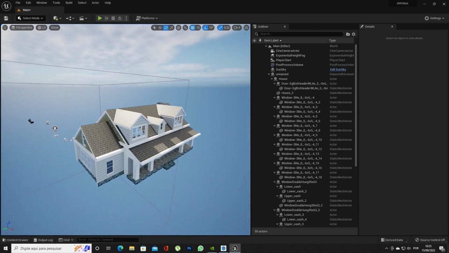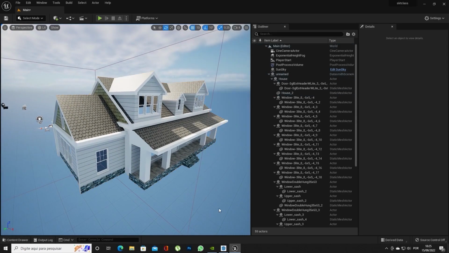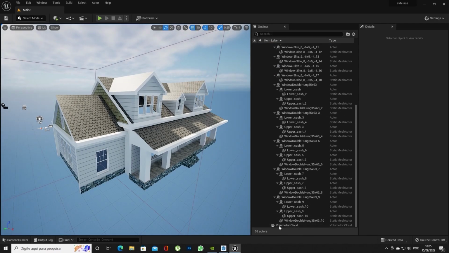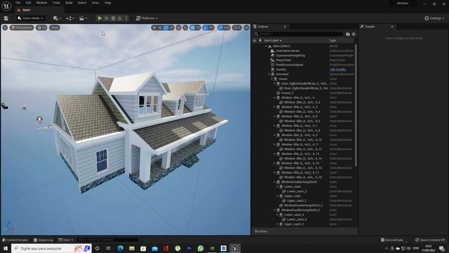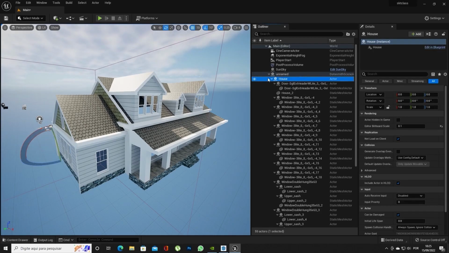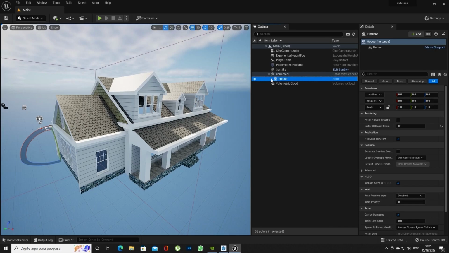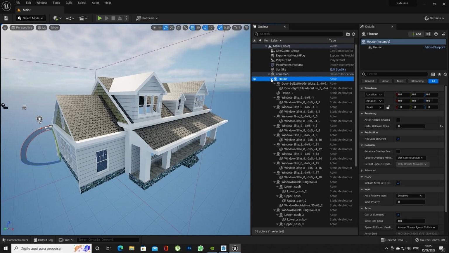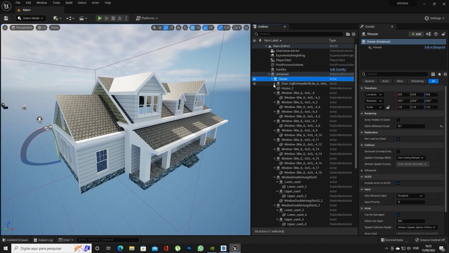Now let's study how it is inside Unreal Engine. Well, first important thing, let's see the amount of actors. We have 59 actors. It is an acceptable number. Okay, so I have the house. And inside this house, we have the options,